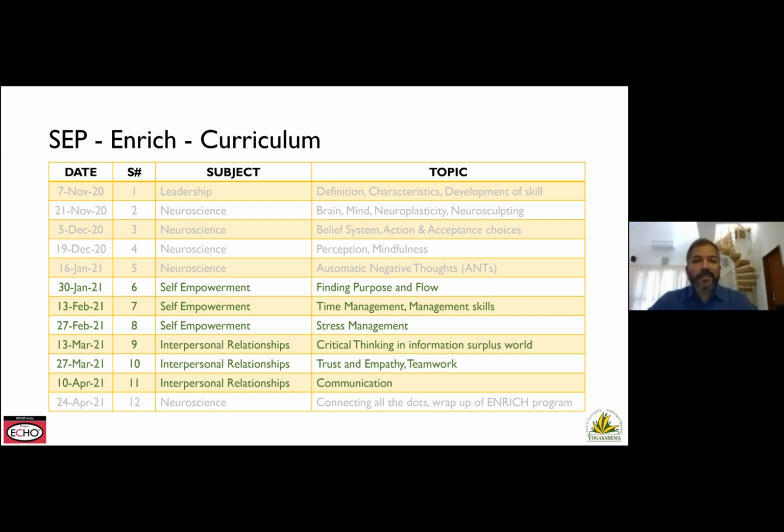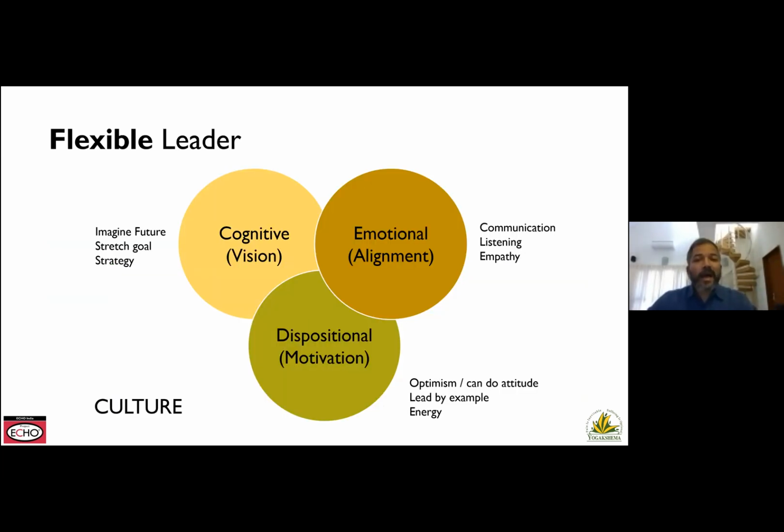Why do we need all these things? The reason is that if we are in leadership positions or we are getting groomed to take on leadership positions, these are qualities of a good flexible leader. A good flexible leader has a very clear sense and idea of what their purpose is and what flow is. Good leaders have very good time management and general management skills and stress management and so on. And this is something we have seen over and over again. It was deliberate to put it in every single session, in the pre-session and everywhere, so that we get